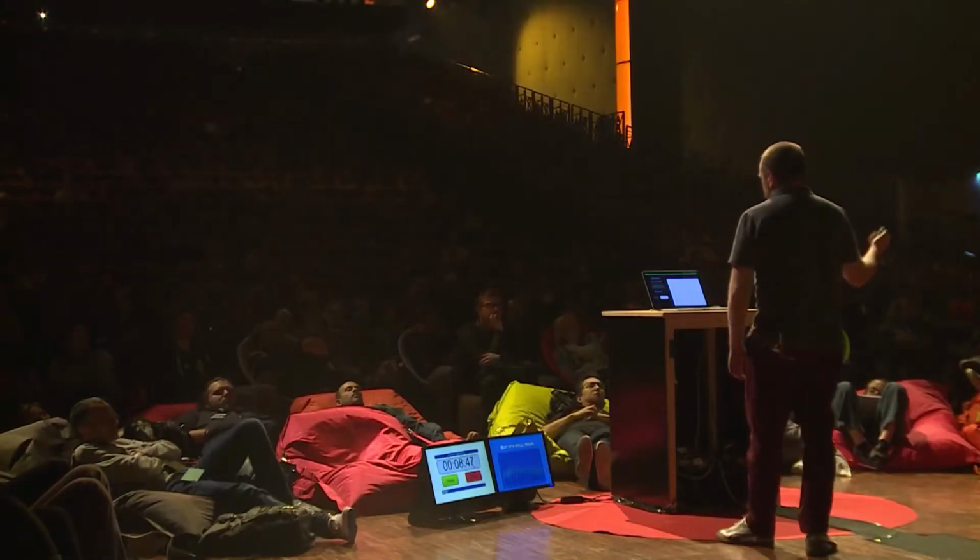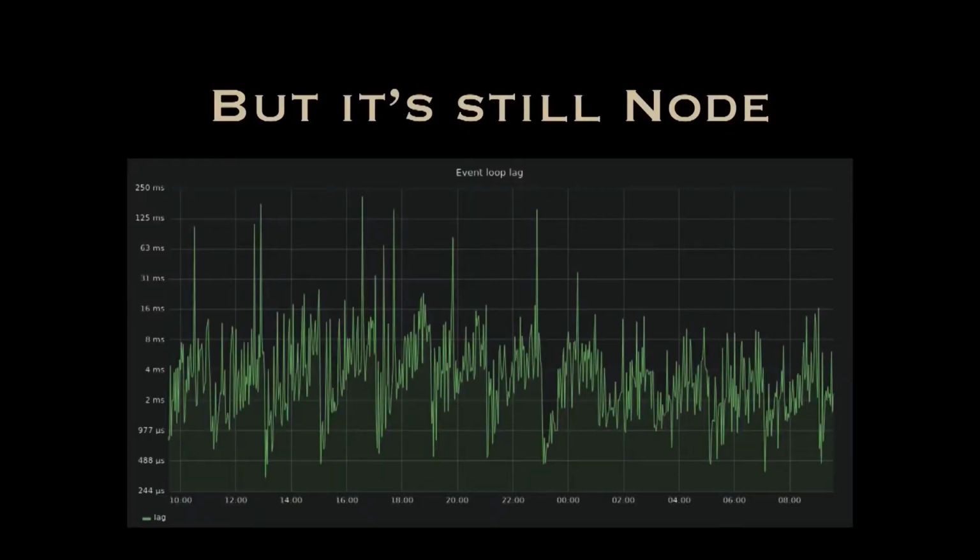And there's a lot of other things people have done with it, and our traffic blew up, and we started having problems, and then we ran into Node issues. This is a graph of our event loop lag, and if you've really ever used Node in anger, you've probably been irritated by the event loop at some point.